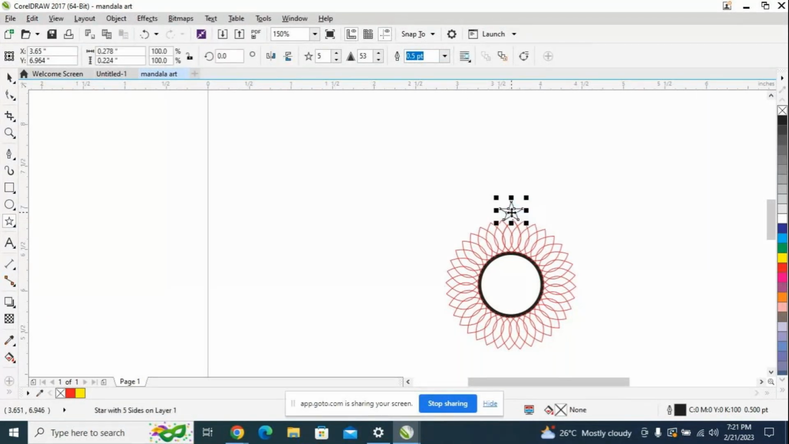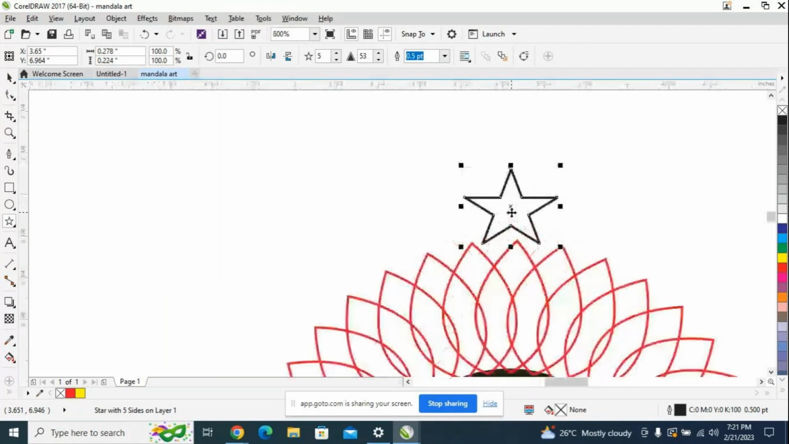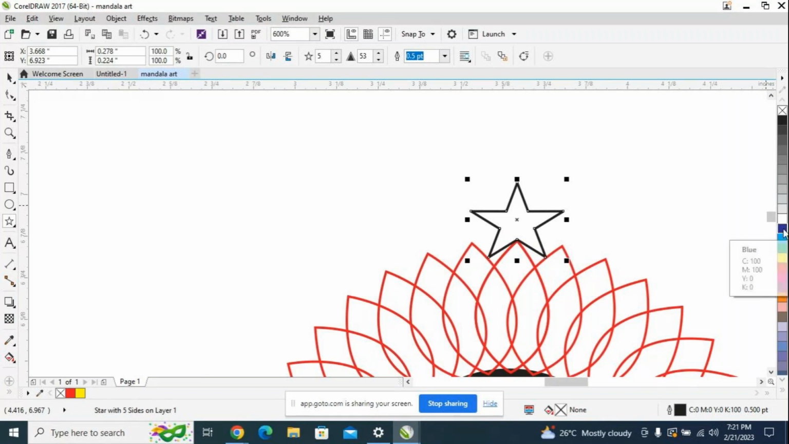If I want to place it perfectly, press Ctrl and then place it properly, like this, and give a stroke color also, an outline color. If you want to give an outline color, press the right side of the mouse on whichever color you want. I'll give blue, navy blue, and after that what I'll do,